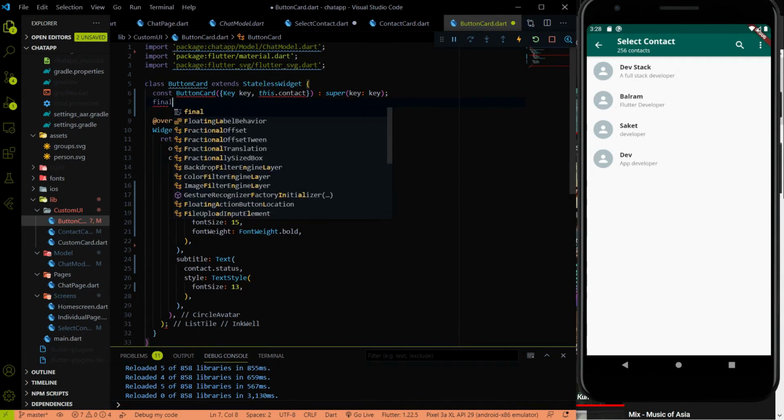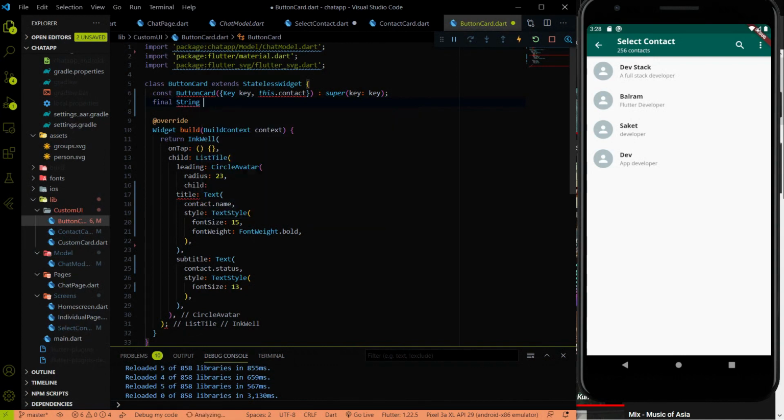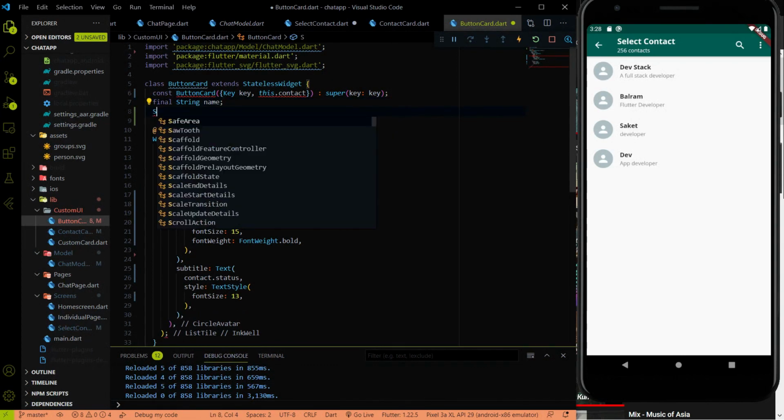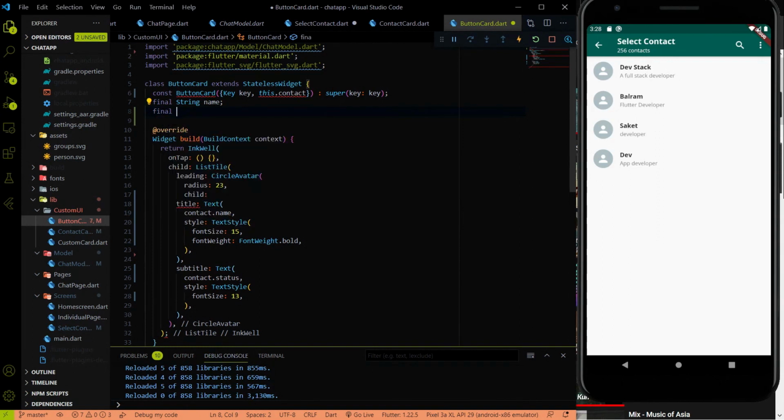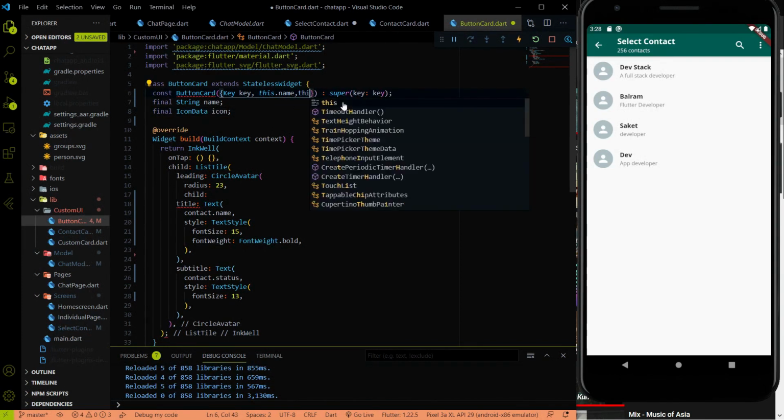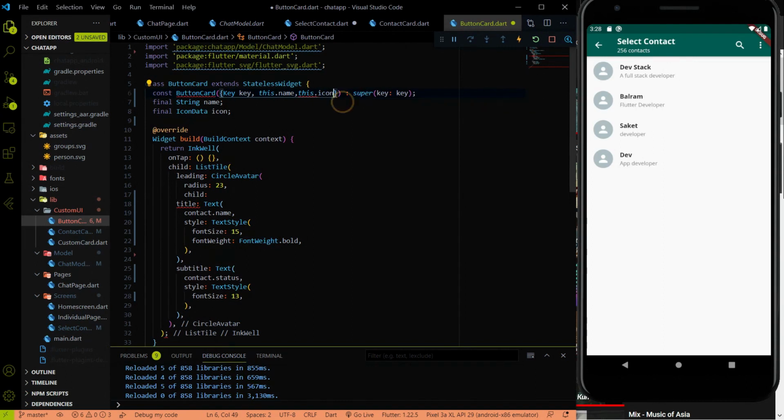The first thing will be final String name, and the second thing will be final IconData icon. Please have patience, I'm covering this. And the name will be the icon. And here I have to use this.name and this.icon.